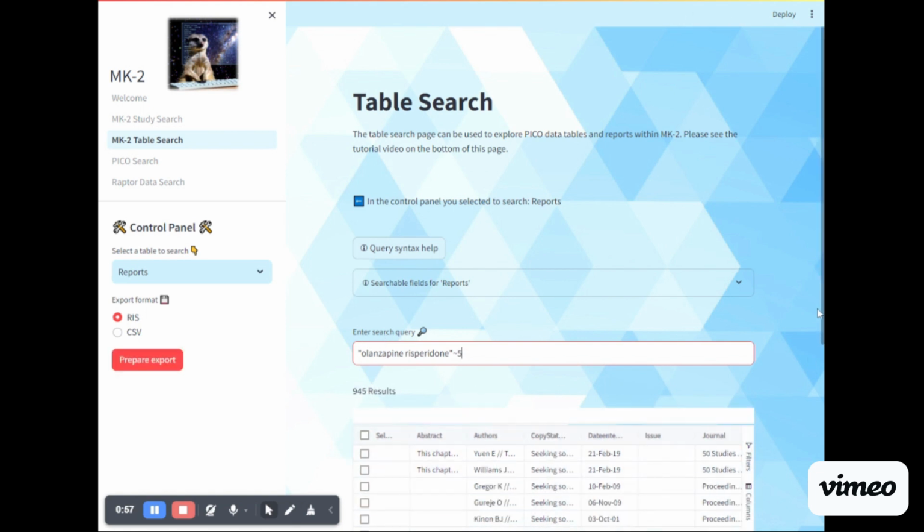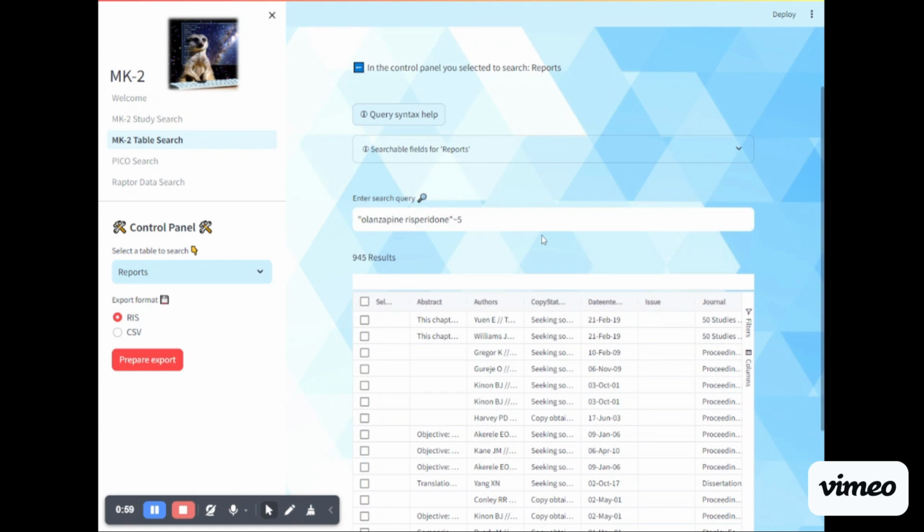There's also an option to do adjacency search. So now our two search terms will be in the adjacency of 5 words with each other. Please note you cannot use, for example, a wildcard here. This will not work. In the adjacency search, everything has to be spelled out. So if you want a proximity of 5, or you can change it to 7 to allow a greater distance